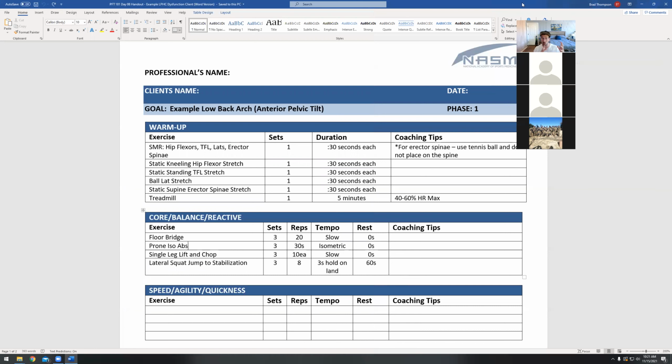So what did we do with the low back arch? We loosened the hip flexors, we loosened the low back, we tightened the core, and we tightened the glutes. Now,